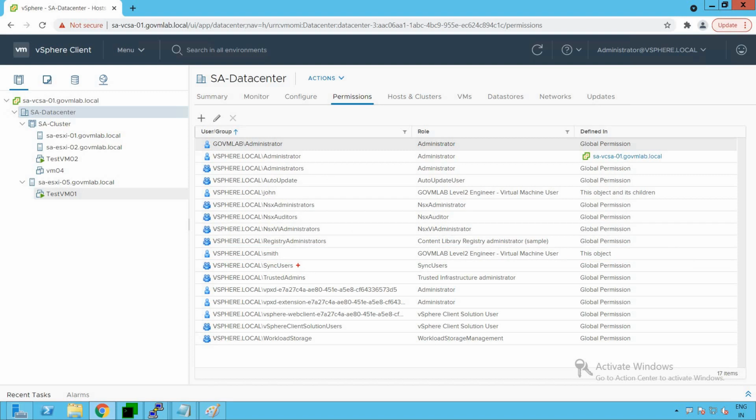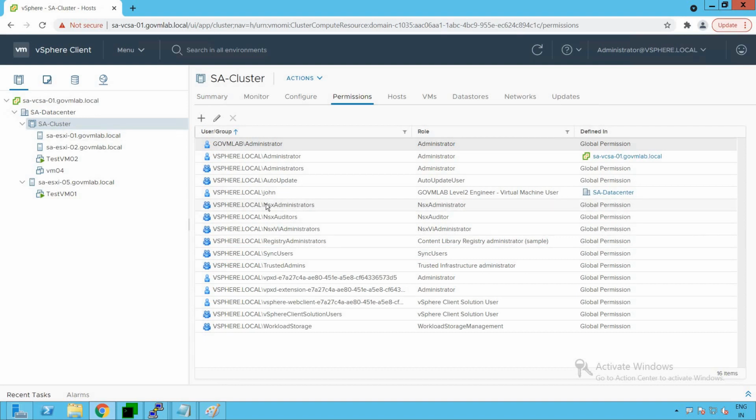Now let's check it out. Do we see the same user at the cluster level also? For that, click on the cluster and look at that. We don't see this particular user. We don't see any Smith user at the cluster level.